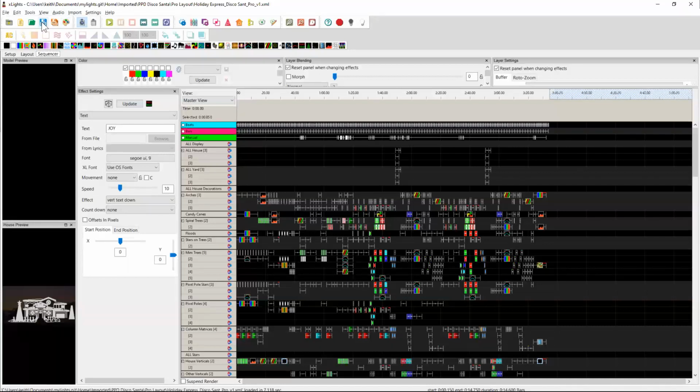Well, the reason you're saving it is when xLights opened this sequence up inside their show folder, it went through and worked out where all of the image files were. And because they were all underneath their show folder, it fixed up all the paths and made them correct on your machine. But the problem is all of those fix-ups exist in memory. And so by clicking the save icon here, what it's going to do is save all of those image paths, video paths, shader paths, etc., into the XML file on your machine,